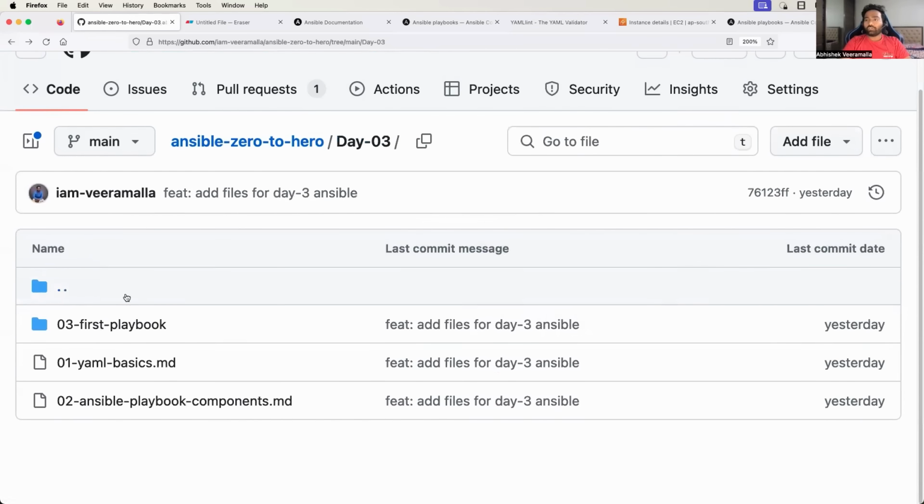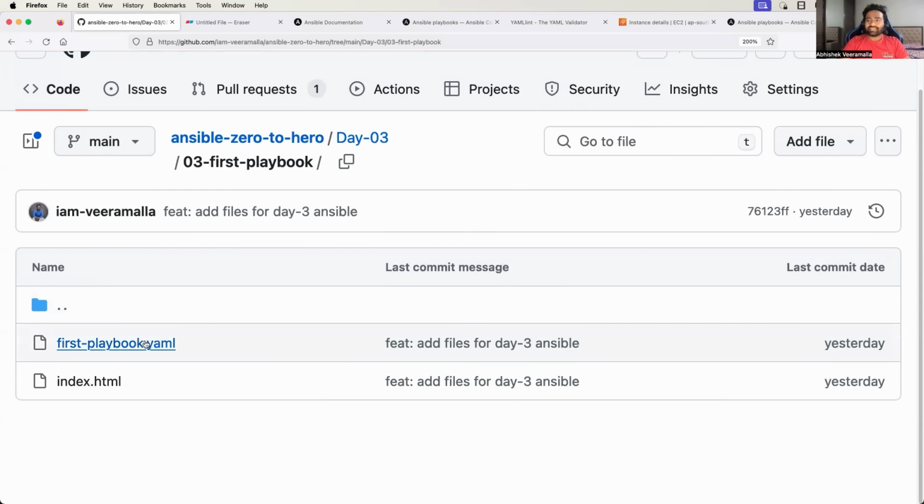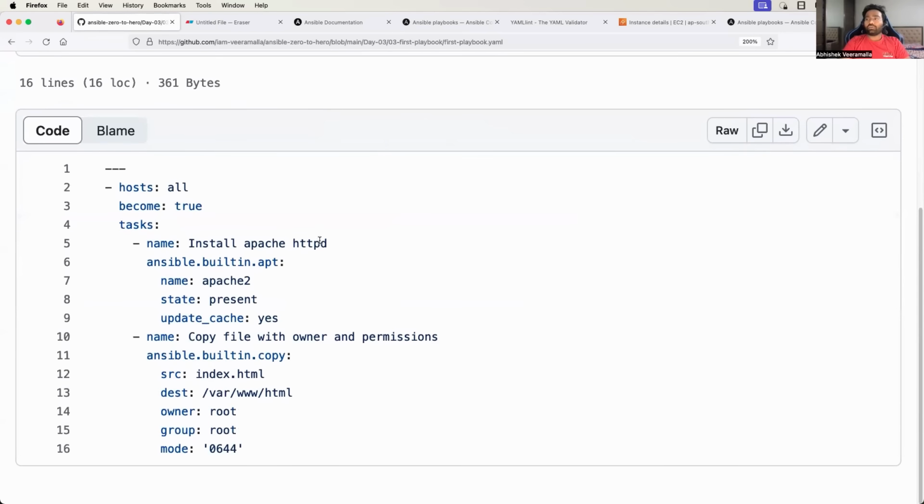So what we are going to do is, in this example, I'm going to install an Apache service and I'm going to deploy a static application onto the Apache service. So I have 2 tasks, right? Starting with my playbook,